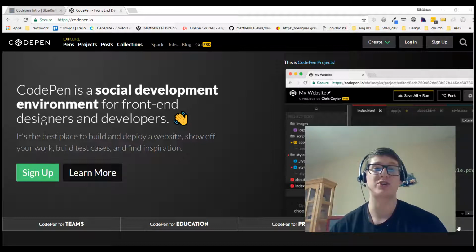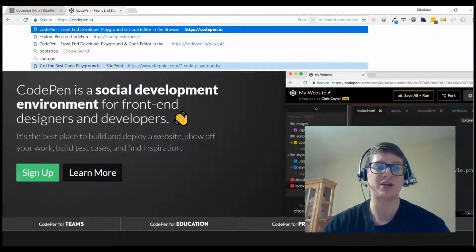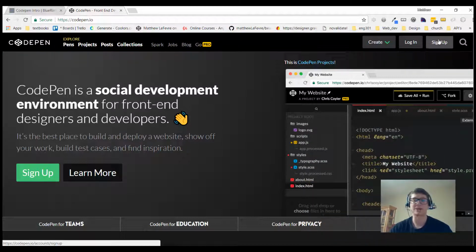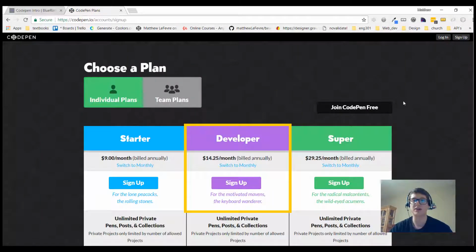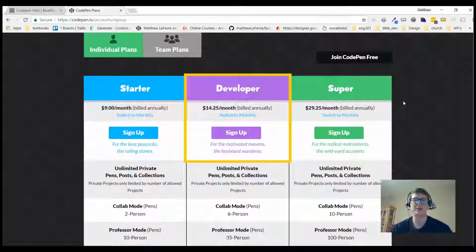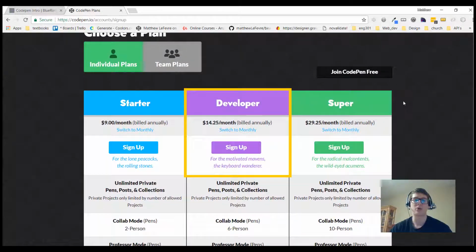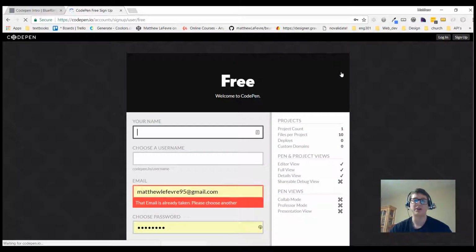First, I'm going to go ahead and show you how to create a new account with Codepen. It's pretty simple, just like creating accounts in many other services. But the URL is codepen.io, and to sign up, you simply click in the upper right hand corner. Something that I do want to make mention of that's really important is you aren't required to purchase a paid version or subscribe to this paid subscription. You can just join CodePen for free,